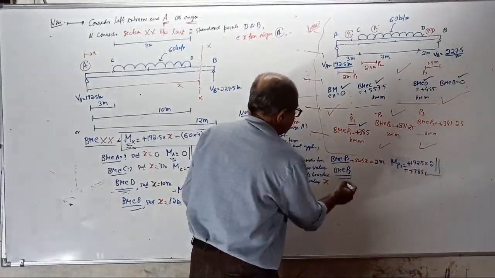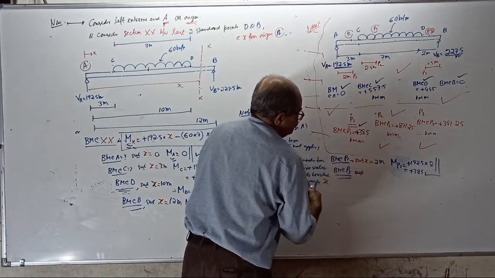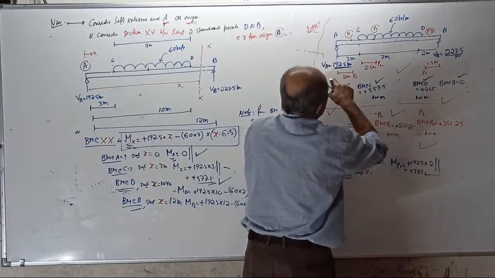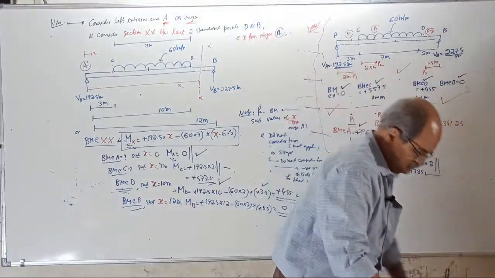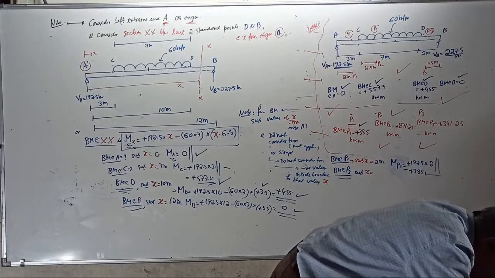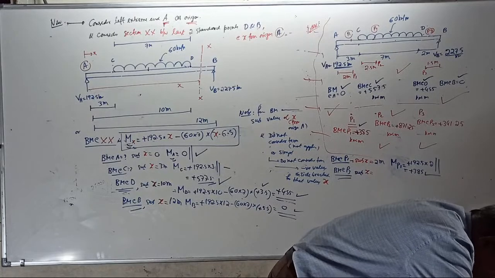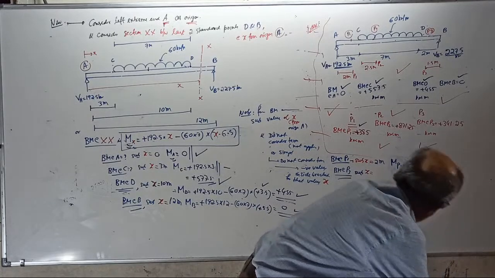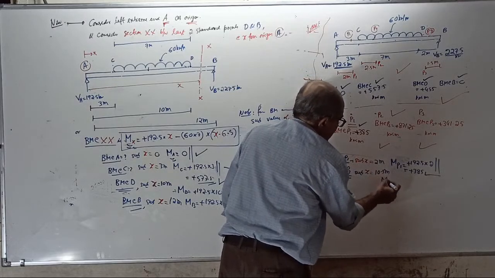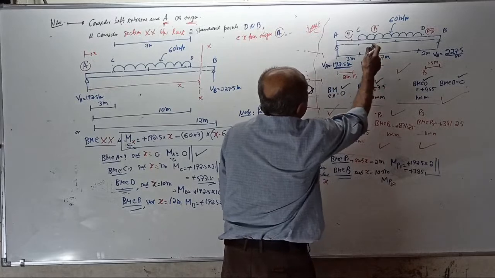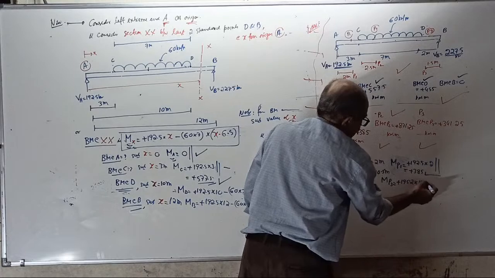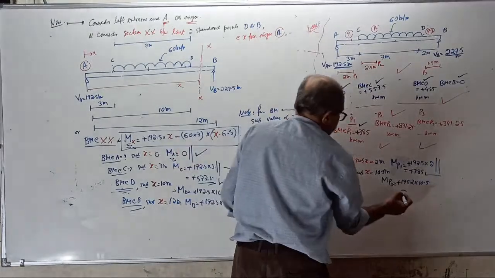So P3: substitute x equal to 10.5 meter, x from A. Therefore, bending moment at P3, I am skipping P2, equal to plus 192.5 into 10.5 minus 60 into